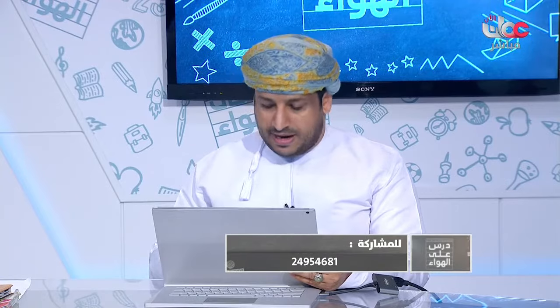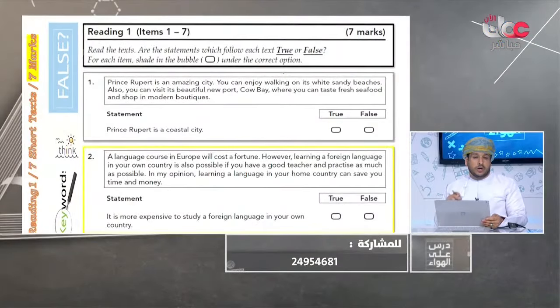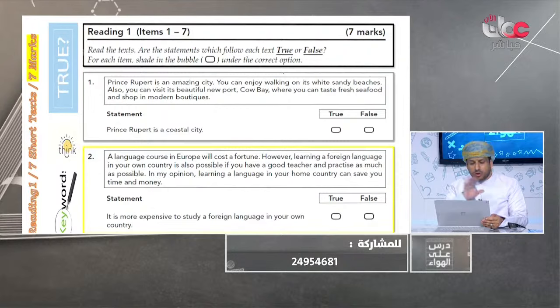For reading, yes, we have three different reading questions. We are about to reach reading, by the way. For this kind of question, Saif, I would like you to follow the scanning and skimming strategy. This is very important. Don't read everything. The student doesn't need to read everything in detail or understand the meaning of all the words to know the answer. This is not a grammar or vocabulary test. This is reading. They want you to follow a technique.